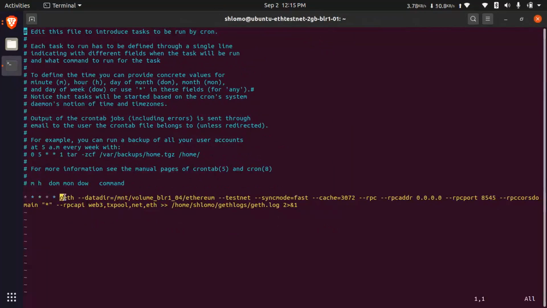You can see Geth. This is the data directory. It will download the entire blockchain data into this directory. If I specify testnet, it will work as a testnet. If I specify mainnet, it will work as a mainnet. Synchronized mode fast,